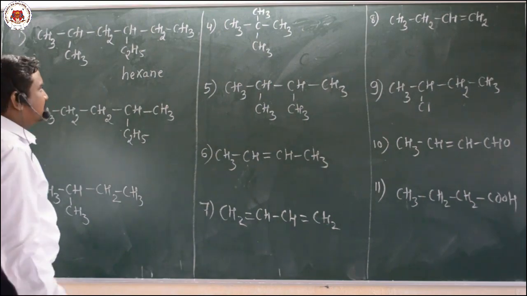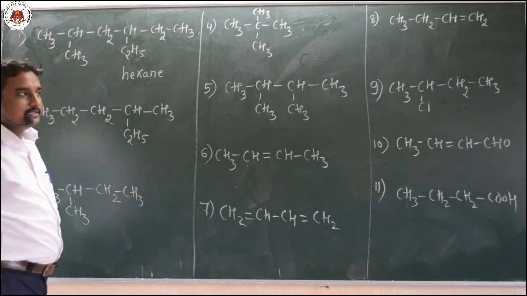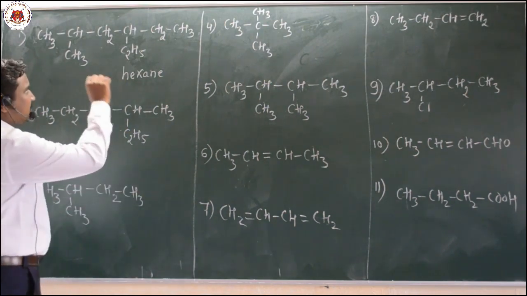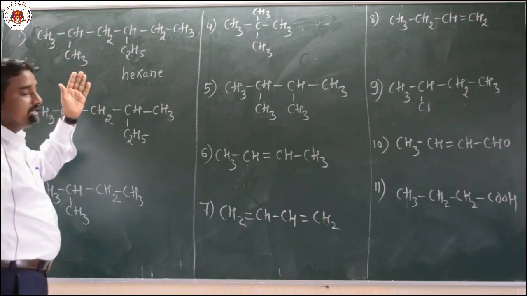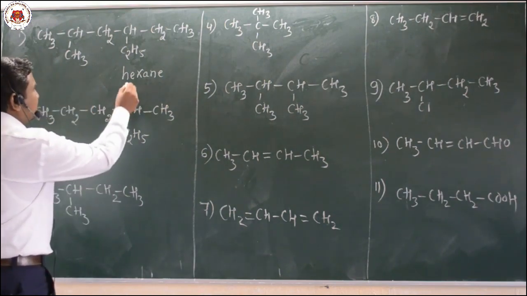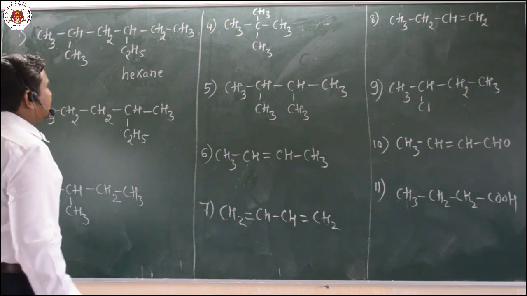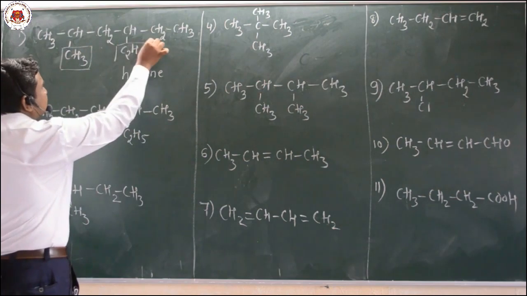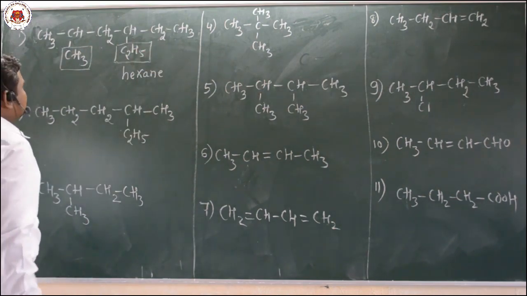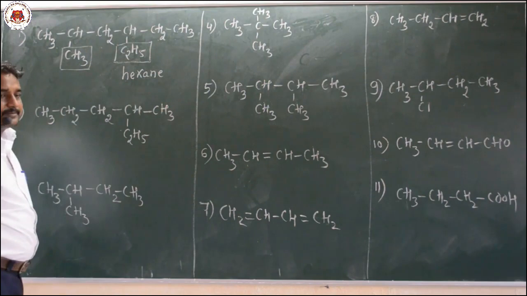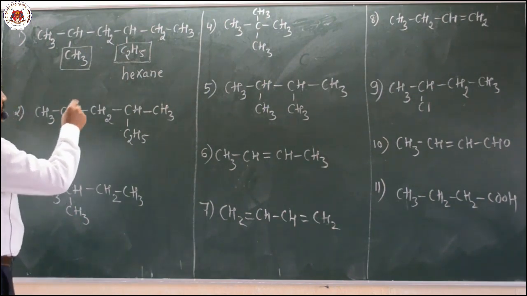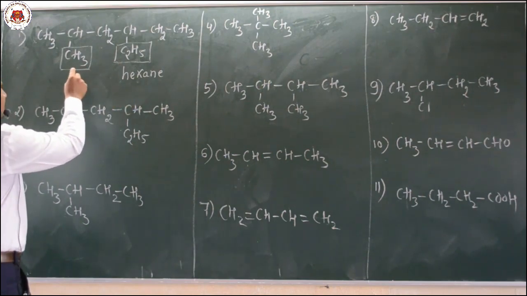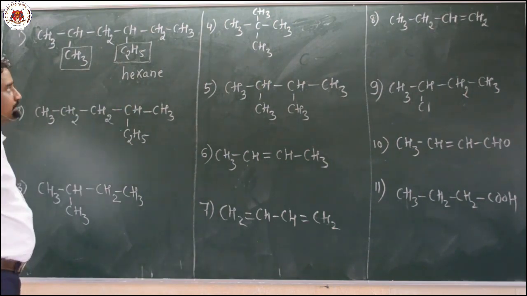As I discussed, there are two types of suffix: the primary suffix and the secondary suffix. Here the secondary suffix is absent because the compound does not contain any functional group. Now I have written the root word and suffix. After that we have two substituent groups here, CH3 and C2H5. These substituent groups are prefixes. As we discussed in the previous video, you should write the prefix in front of the root word, and also you have to mention the position of the substituent group.